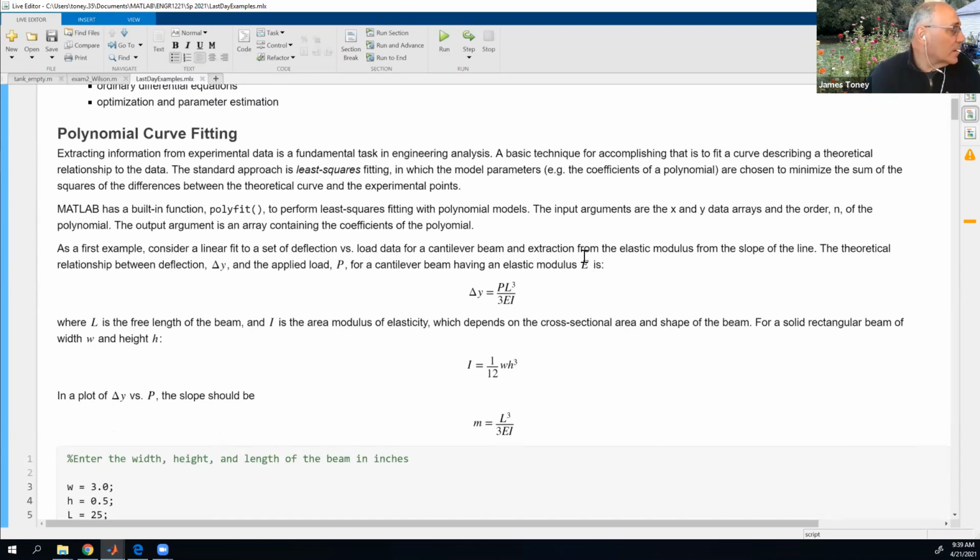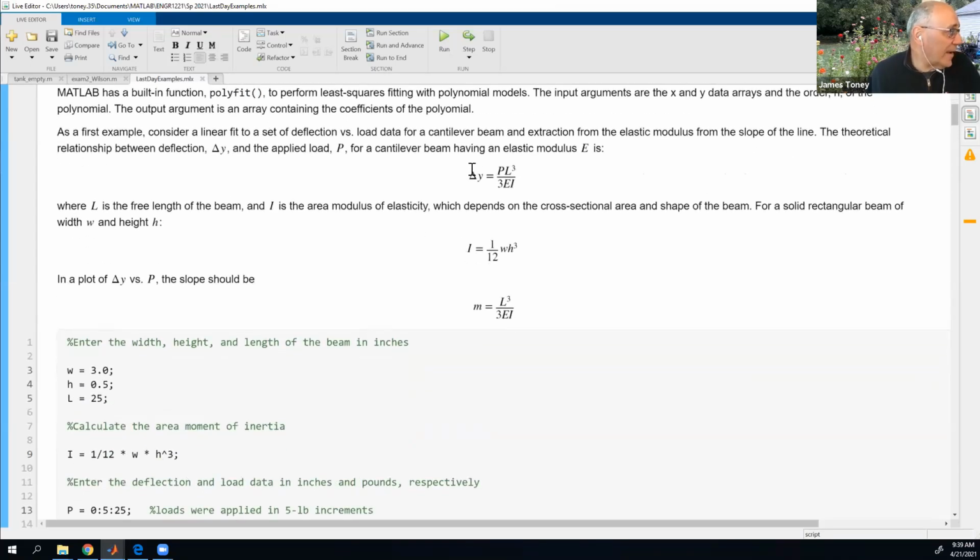All right, so the first thing is curve fitting, or what's called in Excel, adding a trend line. Same basic thing. And I'll show you how to do a polynomial. If you want to do something other than a polynomial, more advanced techniques are needed, but MATLAB has a built-in function called polyfit to do any kind of polynomial curve fitting very easily. So what I'm going to do as an example here is just a straight line fit,